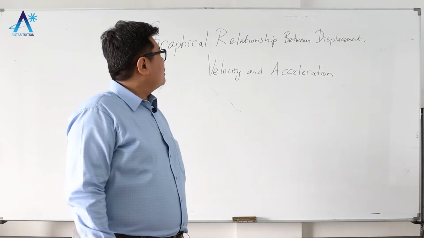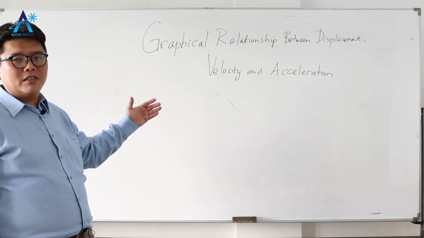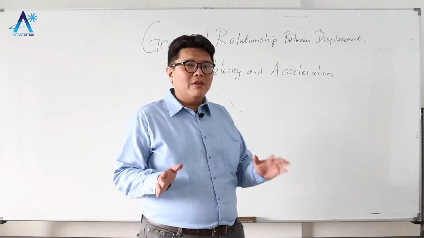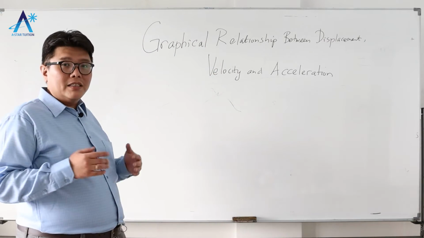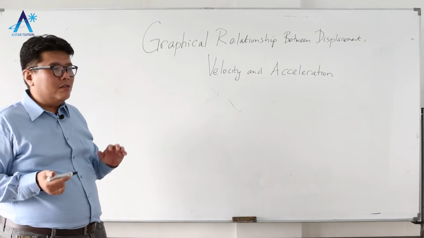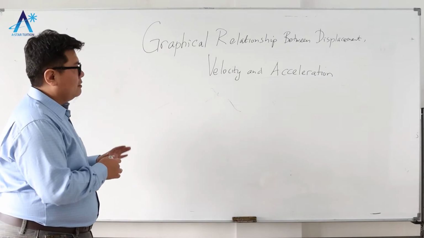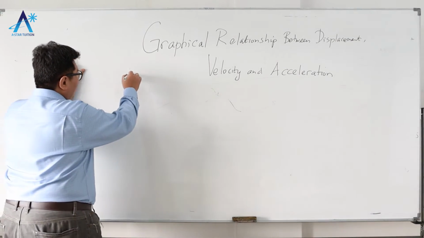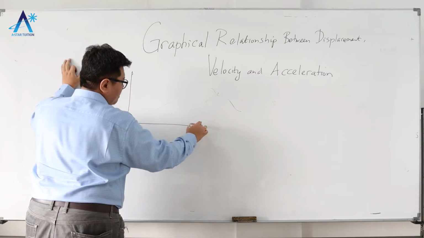Lastly, let's talk about the graphical relationship between displacement, velocity, and acceleration. Well, earlier when we discussed the definitions of velocity, average velocity, acceleration, and average acceleration, we actually learned a thing or two about the graphical relationship. But let's explain further here. So if you have position or displacement as a function of time,